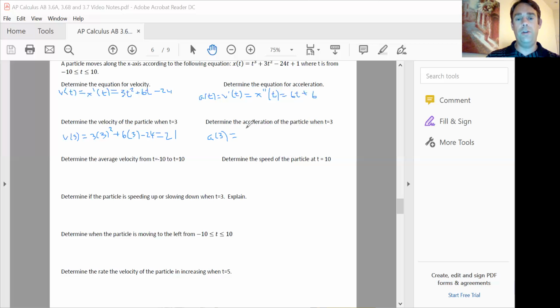So if I plug 3 in here, 6 times 3 plus 6, which would be 24. Determine the average velocity. Now remember, the average velocity is slope. Instantaneous rate of change is derivative. Average rate of change, which is what velocity is, average rate of change is slope. So I'm going to be dealing with the slope